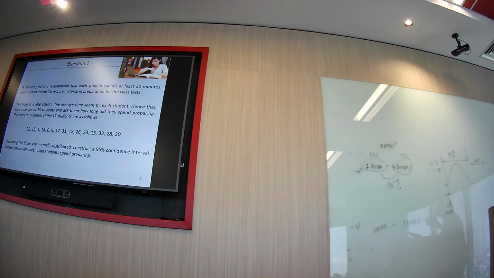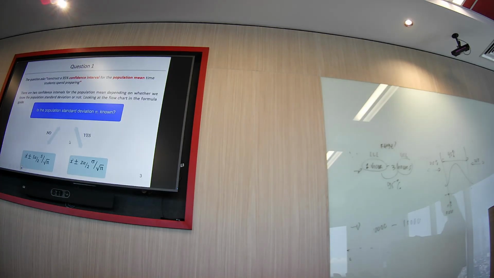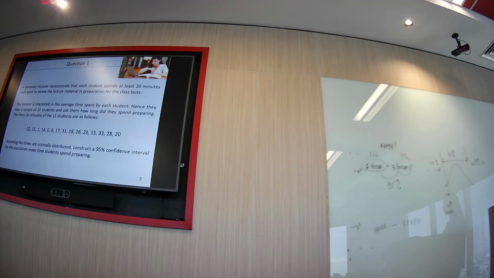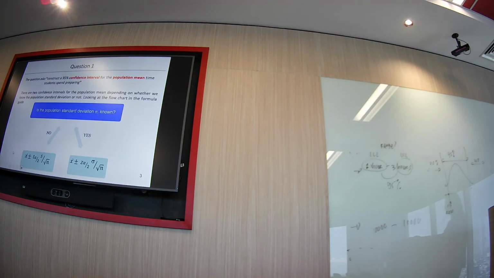If we know the population standard deviation, we can use the z-score. But this one is unknown, so we use the t table, since we don't know the population standard deviation. In case the question says the population standard deviation is some known number, you have to use the z-score, the z-table from last week. But because here there is no information about the population standard deviation, we use the t table.